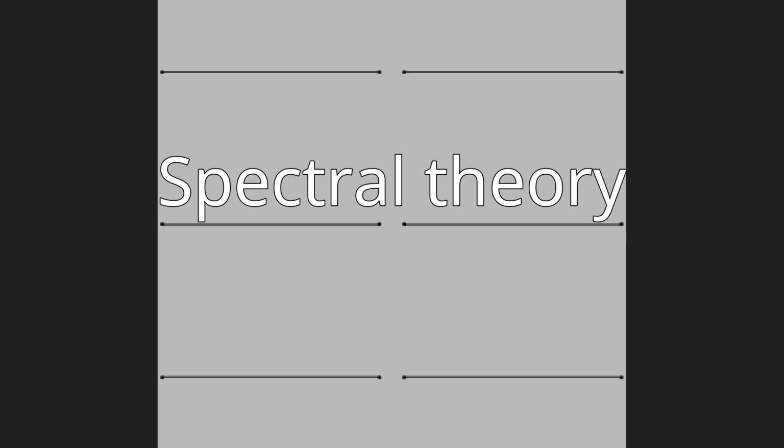The spectrum of an unbounded operator is defined in precisely the same way as for bounded operators. L is a spectral value if the resolvent operator fails to be a well-defined continuous operator. The self-adjointness of T still guarantees that the spectrum is real.